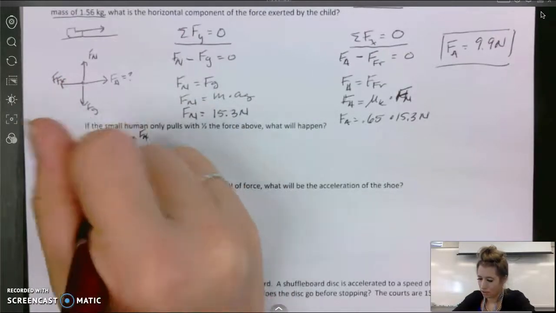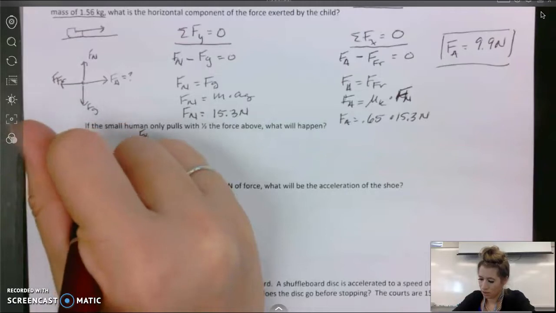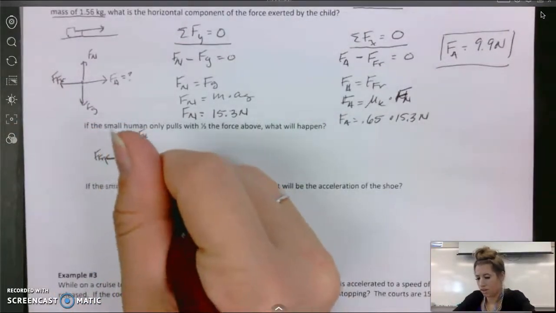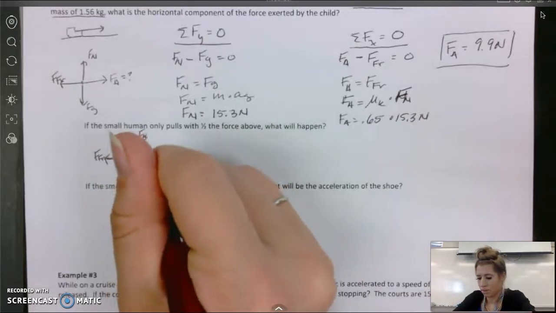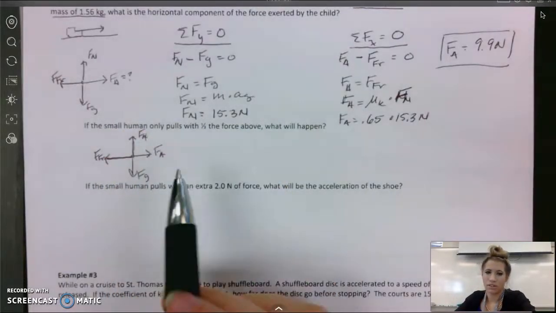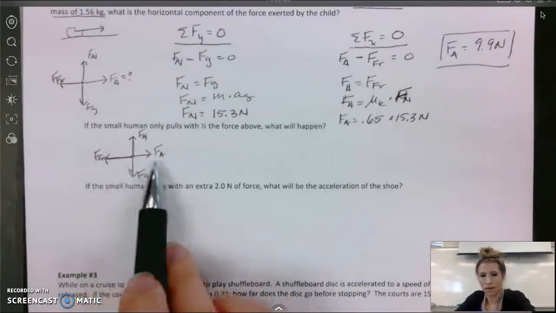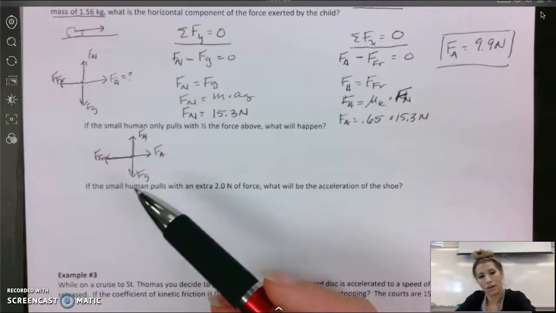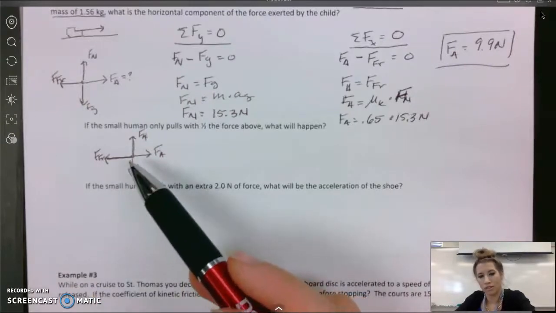That frictional force stays the same because they're moving with a speed. The normal force stays the same, but the force applied is half as much. Do you see how in the x direction we're no longer balanced? We have a net force in the negative direction, so that means we're going to have an acceleration in